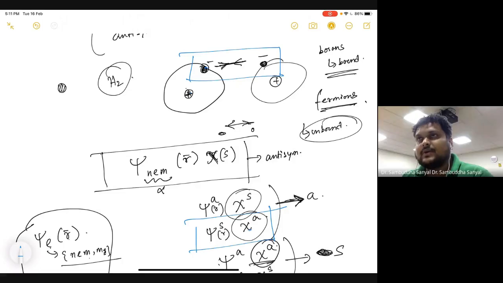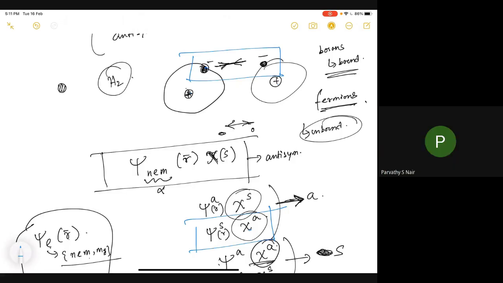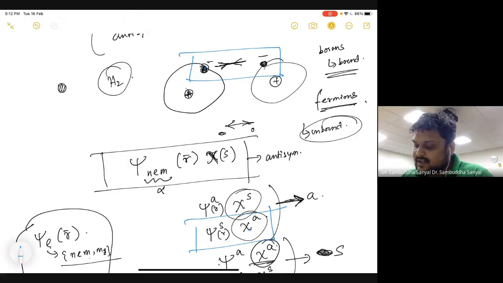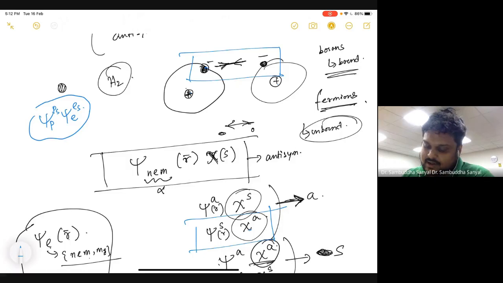Wait, sorry, what did you say? Individual atom is bosonic? It's not, right? It's a hydrogen atom, one proton and one electron, both of them half spin, so the total spin is just one, right? That is again the problem you are making. The whole wave function is the proton part times the electron part, but the proton has a spin and the electron has a spin. So when you say the whole thing is bosonic or not, you have to consider all the parts: the electron part, the proton part, the electron spin and the proton spin, all four together.